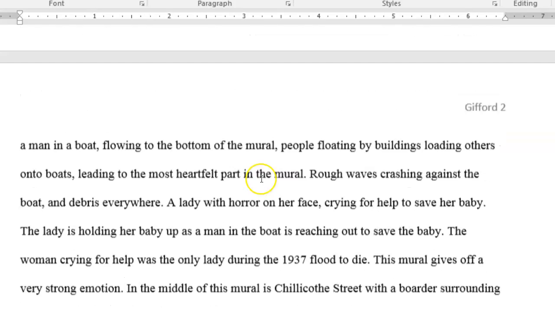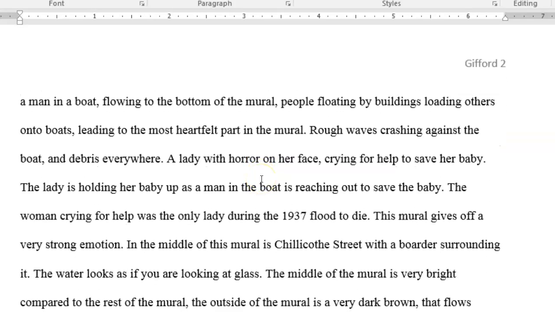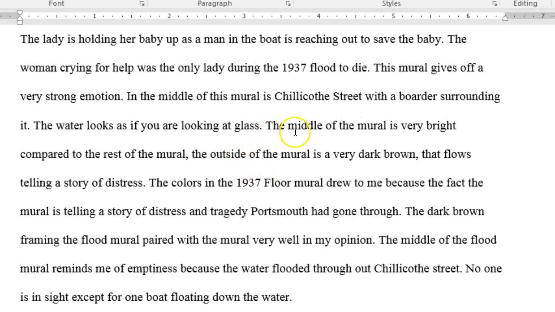So if you've got a paragraph about color, and you use, let's see if we can find a place. "The middle of the mural is very bright compared to the rest of the mural. Outside is very dark brown. It flows, telling a story of distress." Okay, so